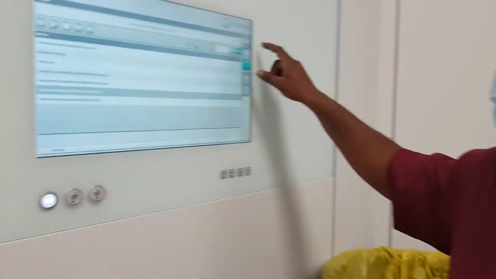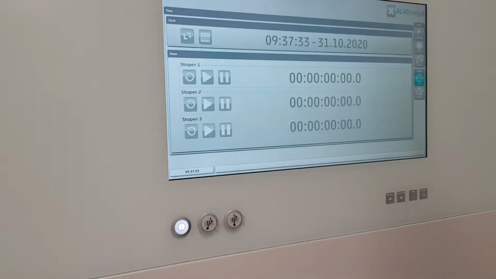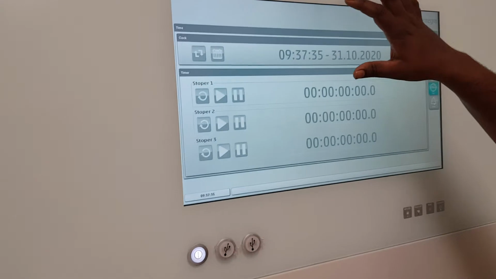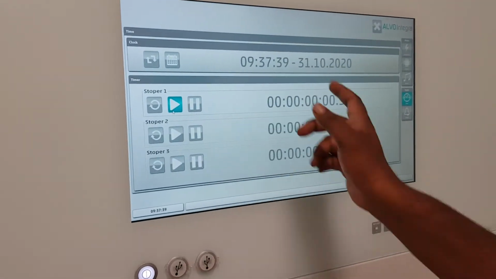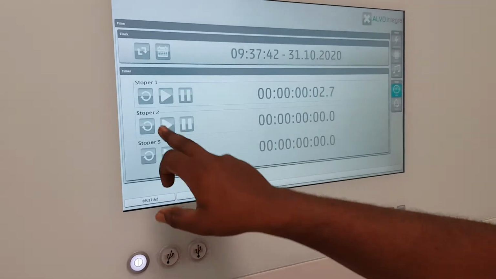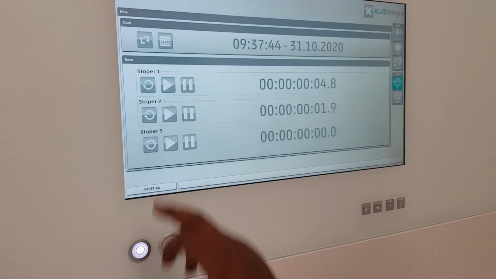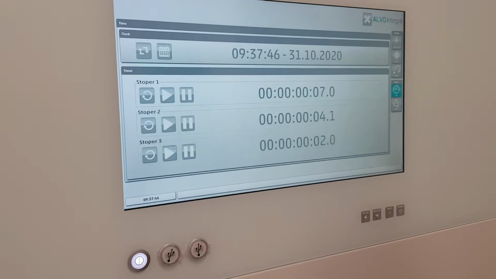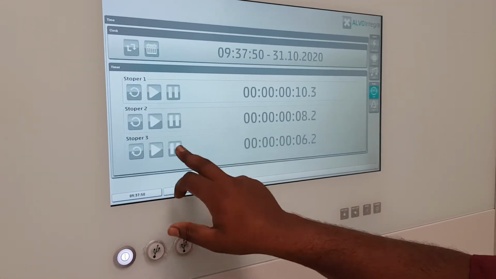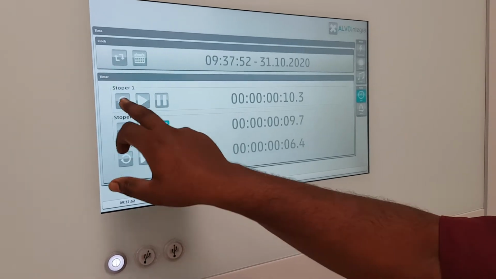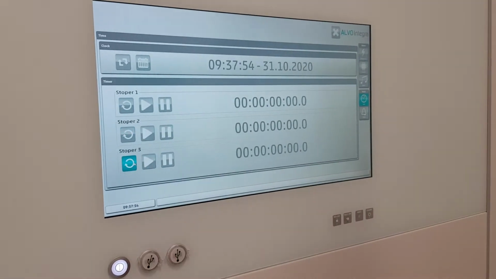And this is the time. We can see the time, and we can set the stopwatch also: case anesthesia given time, case starting time, case ending time. We can select all the times.